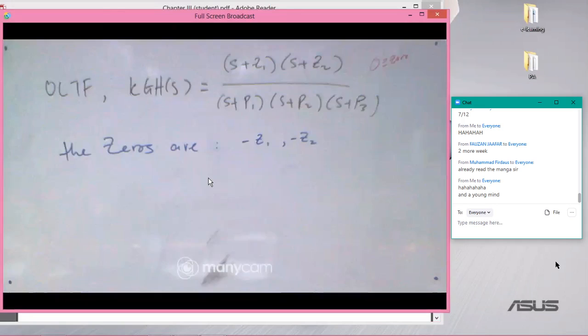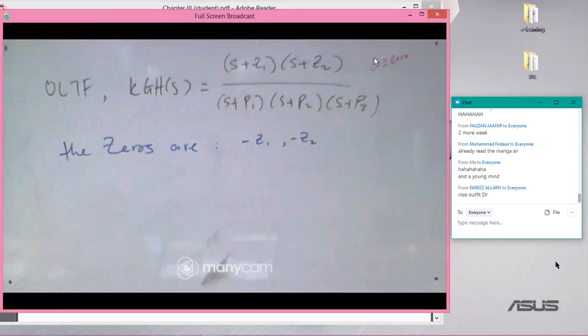There's always a confusion here. See, there is a 0, and there's a 0. The name given to the value of s that will make the numerator equal to this 0 is known as the zeros. What the hell is going on? And then the poles are